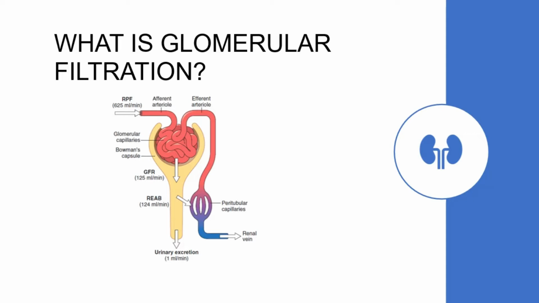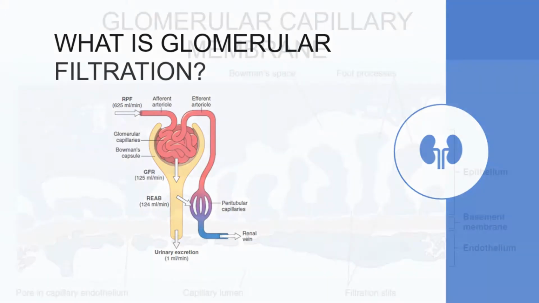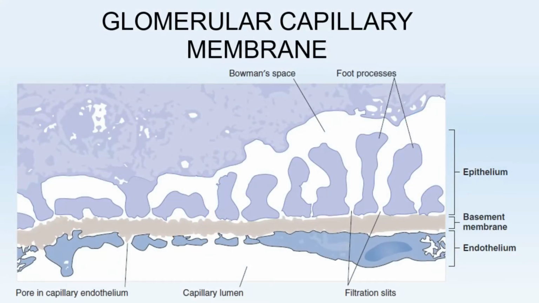As the blood from the renal artery continues via the afferent arteriole, a portion of this blood is filtered into the Bowman's space, which is the first part of the nephron. The fluid that is filtered is similar to interstitial fluid and is called an ultrafiltrate. The ultrafiltrate contains water and all of the small solutes of blood, but it does not contain proteins and blood cells. The remaining blood leaves the Bowman's capsule via the efferent arteriole, which continues as the renal vein and finally leaves the kidney.